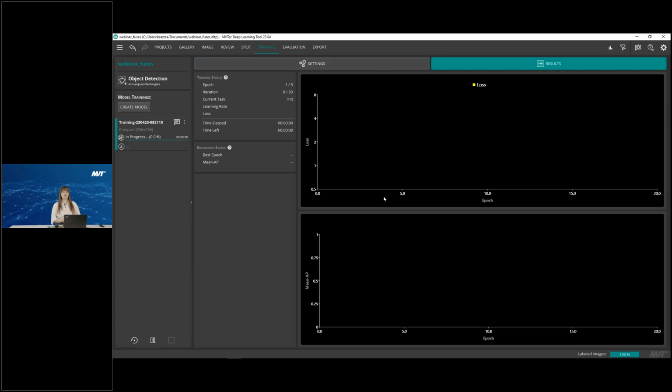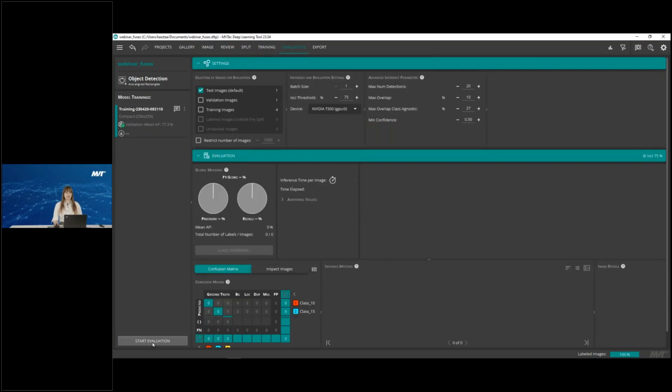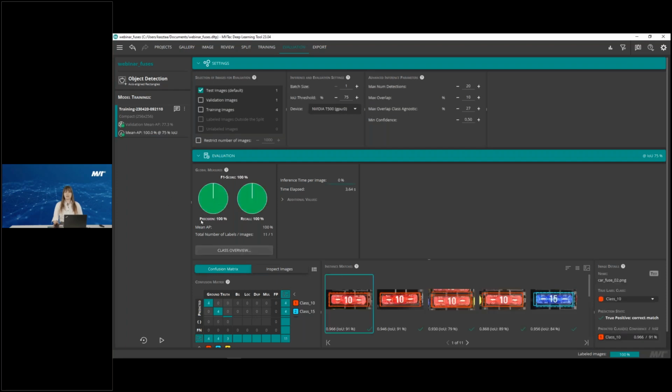This might take a few seconds, so we see the training started, it's going through the epochs, and we can see some results here. Now that the training has ended, we can go ahead and evaluate our model and hope that everything is okay. I started the evaluation, which is right now in progress, and we see we have a success rate of 100%. This means that our training was successful, and I am quite happy with this